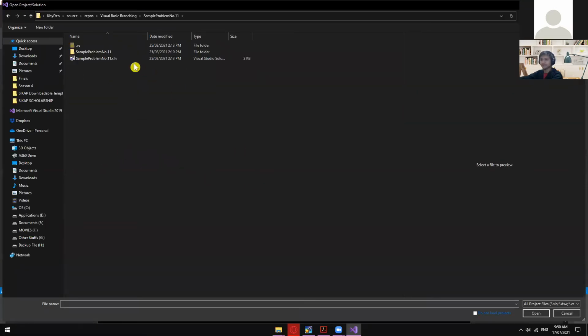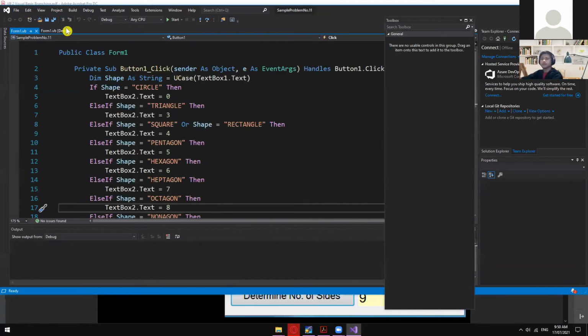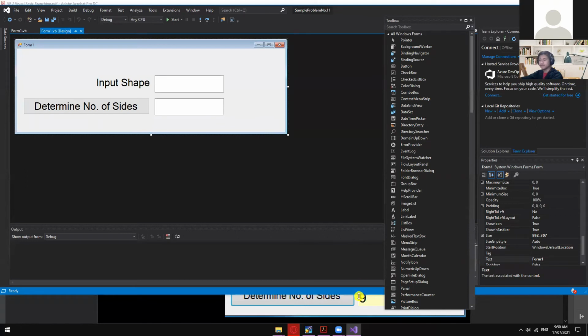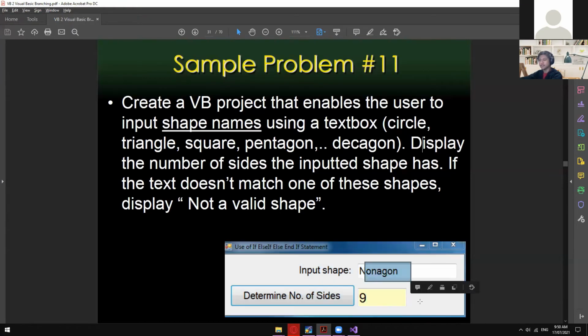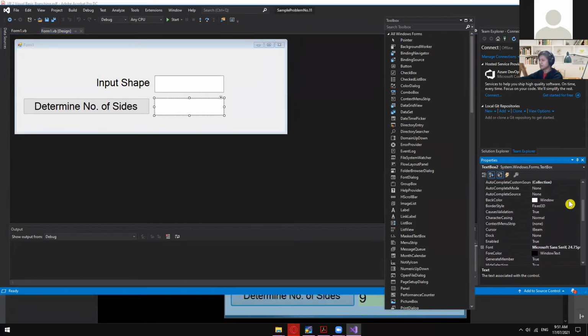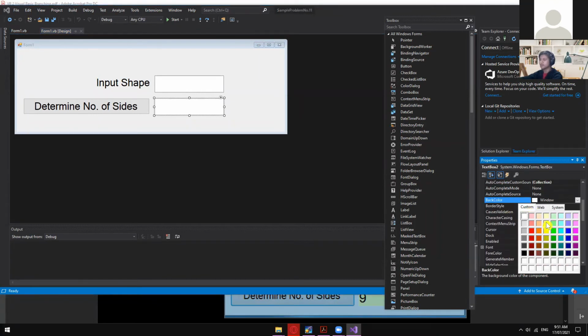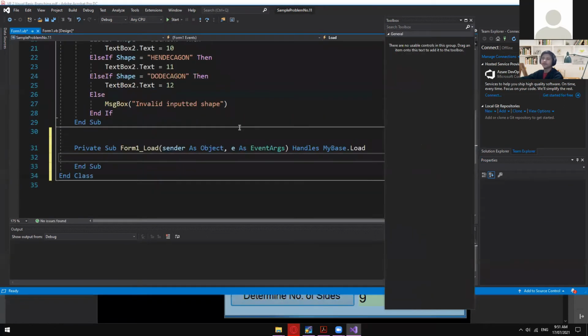Number 11. Okay, so I have the same interface just like what we have in here. The inputted shape and then the number of sides will be displayed in this text box. Let's change the back color of this one into yellow for us to have the same interface. And then for the code,